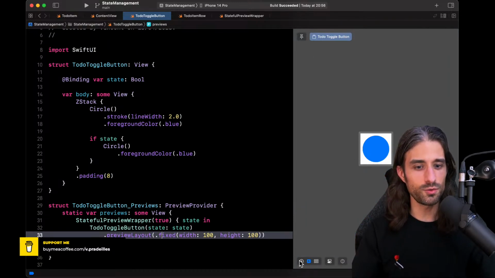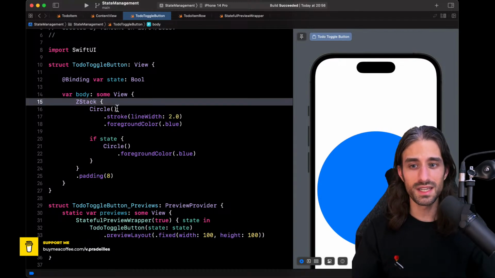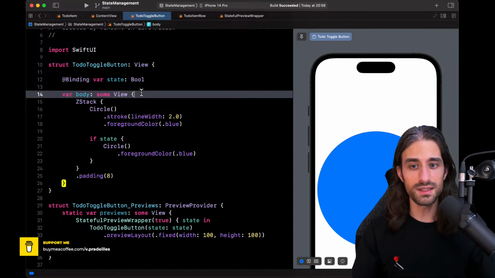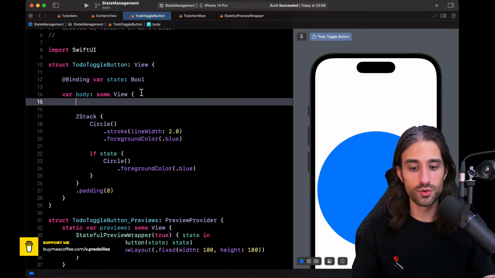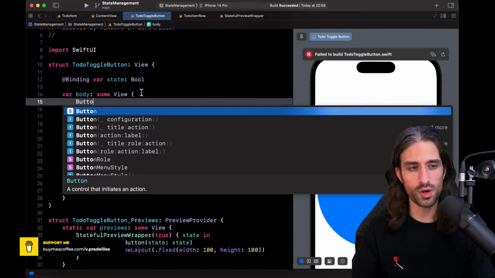Okay, I just need one thing, which is the actual button that will make it so that when I tap, it's going to go from false to true and from true to false. To do that, it's actually fairly easy. We just need to use SwiftUI's built-in button, which is basically a view with a gesture recognizer. There is a bit more to it because there is some logic about when you release your tap, but conceptually it's the same thing.